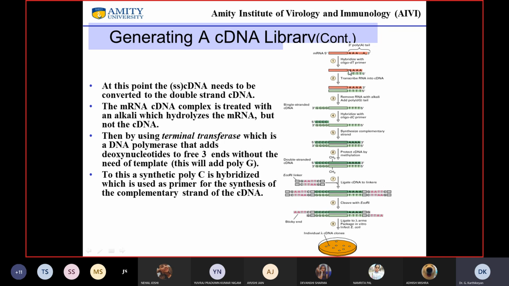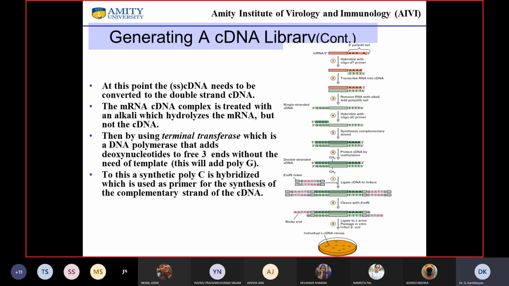You will prime the synthesis, converting the RNA to cDNA by the use of reverse transcriptase, and you will have the first strand cDNA synthesis, right? And then you will remove this RNA. This RNA is no longer necessary, right? So you will remove it, and then typically, eukaryotic messenger RNA has a 5' methyl guanosine cap, right?